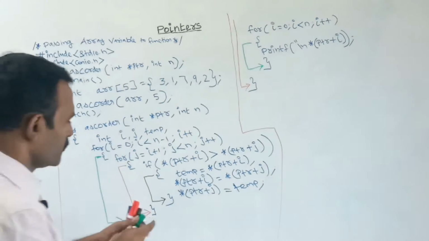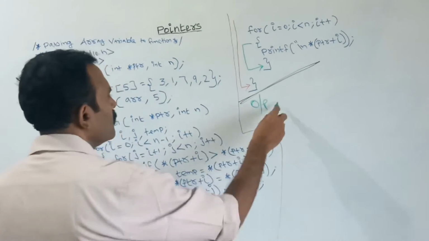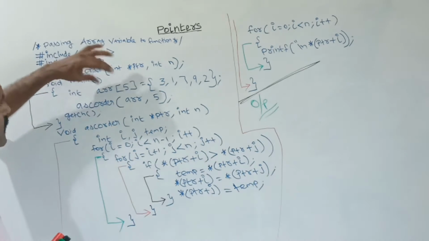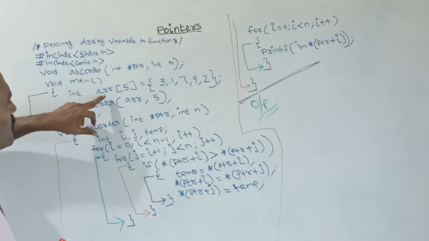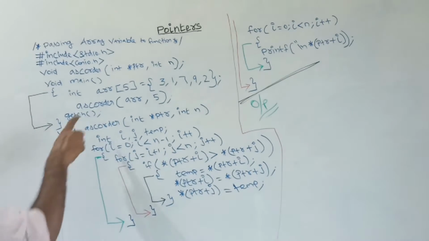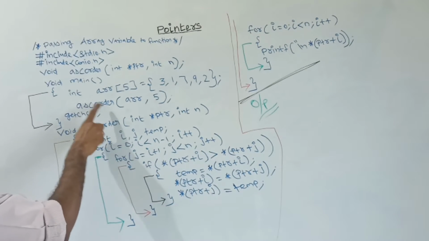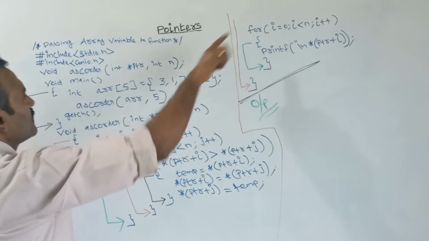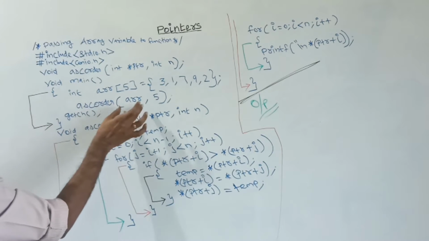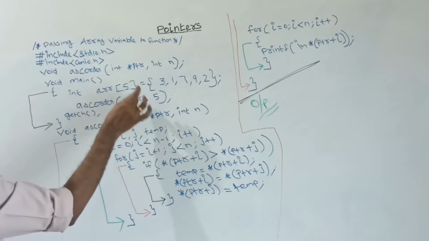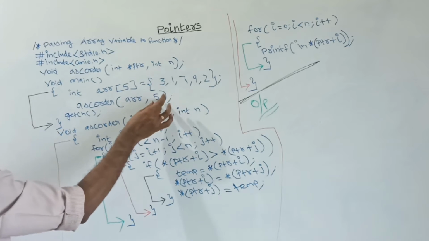Now let us see the output here. I have created the array variable, the array size is 5. So next I am storing the 5 elements. Next I am passing this array to the function. Here, for ascending order I have declared the function name as ASC order, ascending order. This is the function declaration part. First I have declared the function. Next I am calling this function and passing the array, the array variable name is ARR. Next the array size, totally 5 elements, so I have passed the value 5.